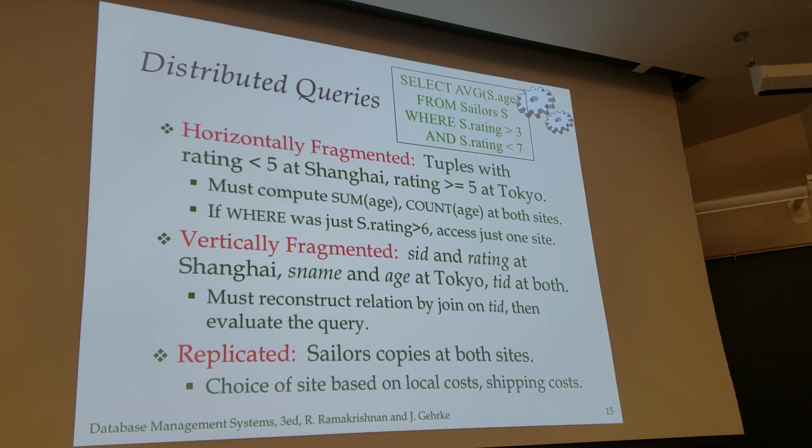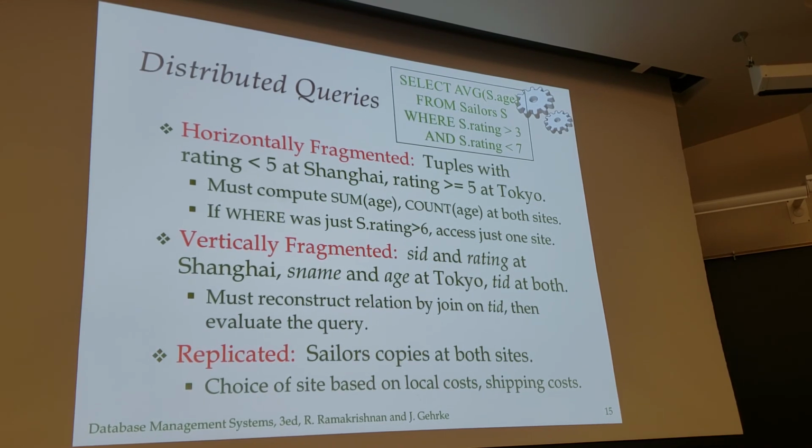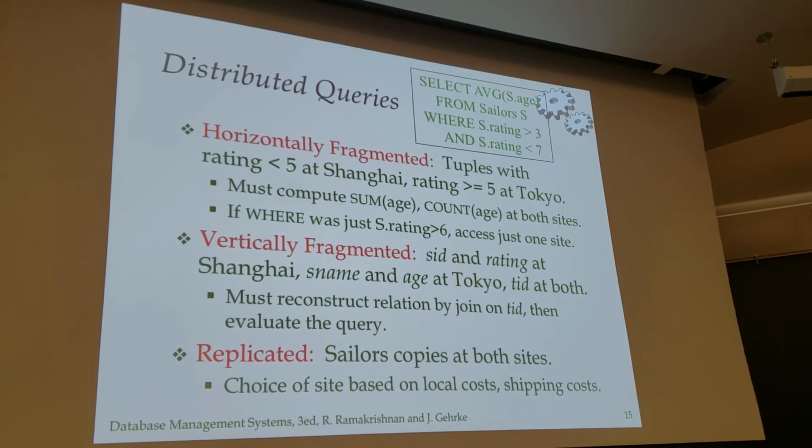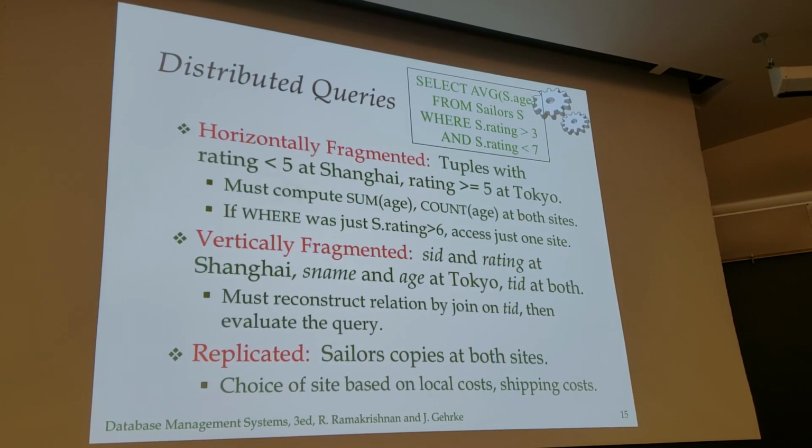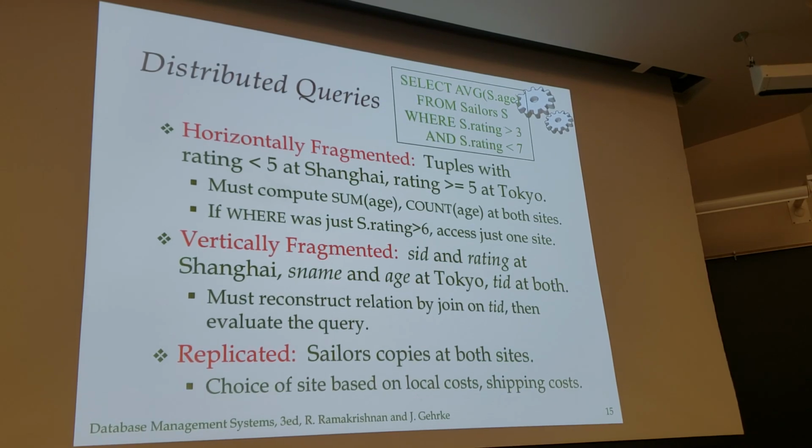But just to, again, take a simple example of this, you have queries. And you have to deal with data which may be fragmented into different pieces, may be broken up either horizontally, split up the rows in different locations, or vertically, split up the columns in different places with a join column to be able to put them together. So if you have this query, you're selecting the average age of sailors, where the sailor rating is more than 3 and less than 7. Okay, so if we're splitting by the rating, and suppose the tuples that have rating less than 5 are in Shanghai, the tuples greater or equal to 5 are located in Tokyo,